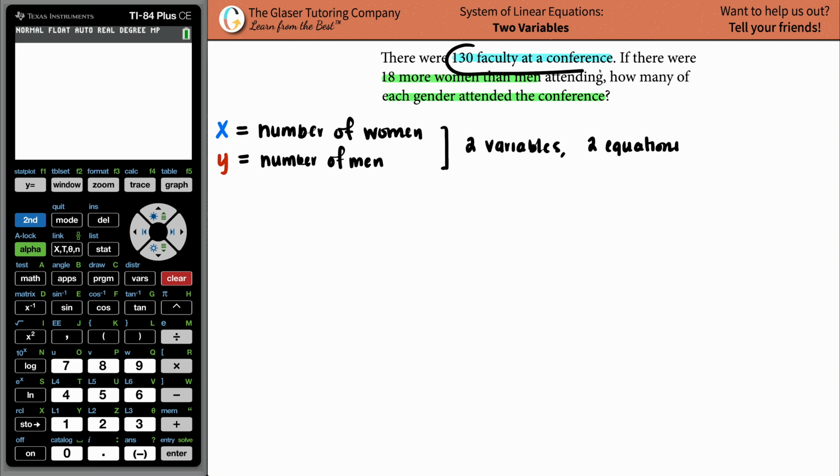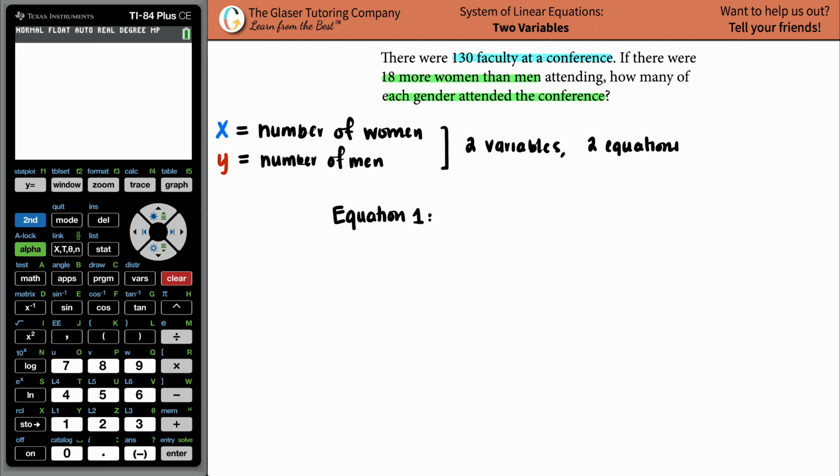So let's start from the beginning. The first sentence said that there were 130 faculty at the conference. They're only stating that men and women were going to this conference. So the combination of the men and the women makes up the conference, and the total of these has to equal 130. So here we go, equation one